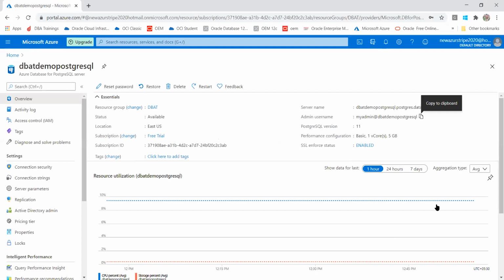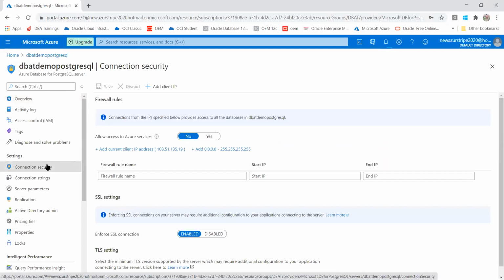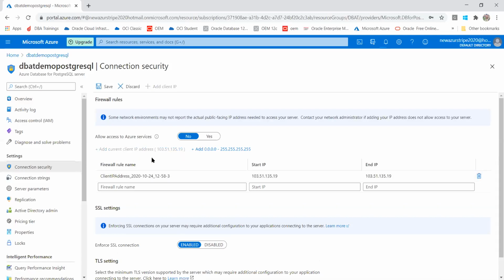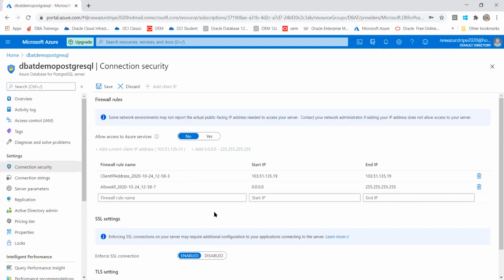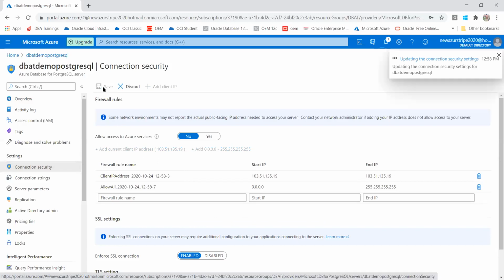So for that, you can go to your connection security and add your current client IP. Of course, if you want to give it to the public, then you can add that. It will give you a warning. It's okay. It's just a demo. After 30 minutes, I will delete this instance, so no problem for me. Okay. And then make sure you save it.